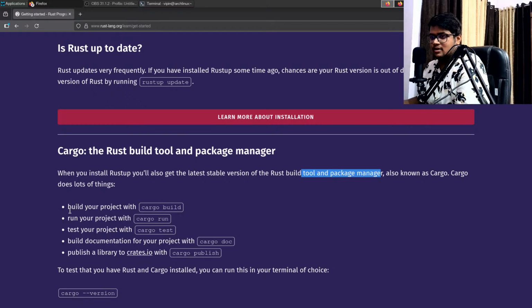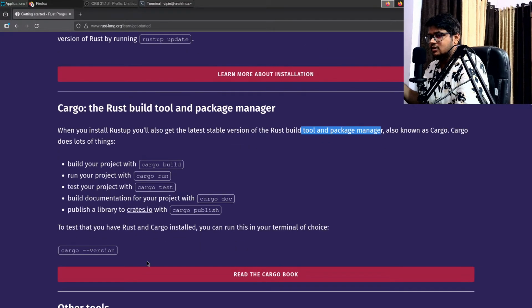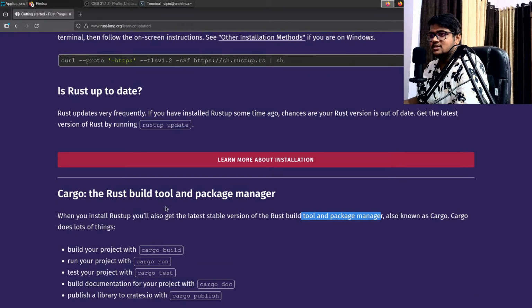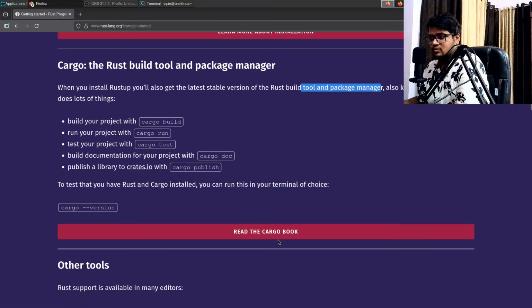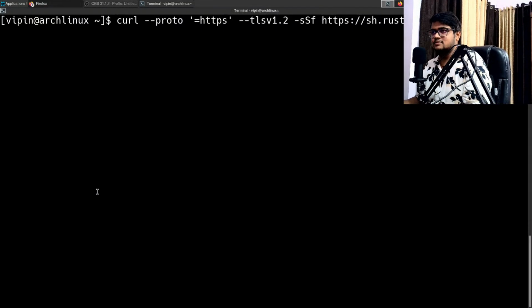All right, don't worry about these things. We'll go into detail in the upcoming chapters of the series. So with this we'll get cargo. Cargo is a package manager tool, and it helps us build, run, test, and manage our project. We have a link to the Cargo Book as well, and you can check that too. So once you install this thing,